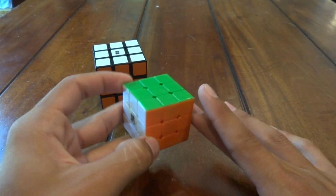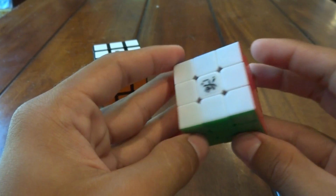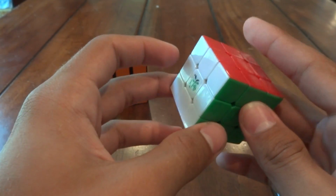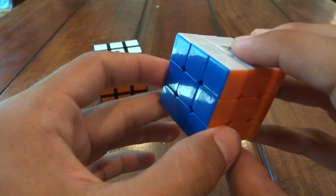It makes sense. I know I made it a little bit confusing there, but it does make sense. And so that is how I think they're made. I've heard that from several different people. I kind of agree with it. I think it's a reasonable way to make them. So anyway, like I was saying about stickerless cubes,